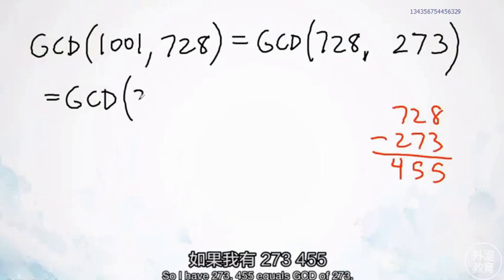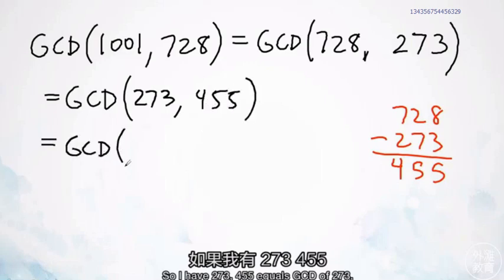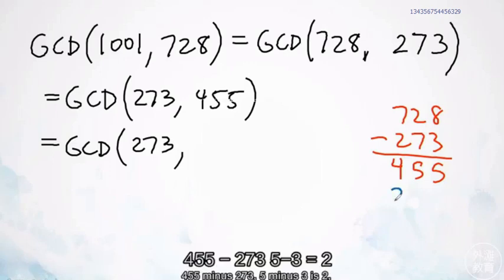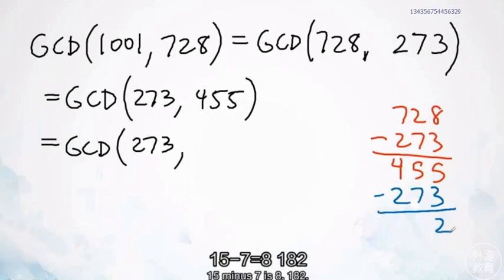So I have 273, 455 equals GCD of 273, and again I need to do a calculation. 455 minus 273, 5 minus 3 is 2, 15 minus 7 is 8, 182,